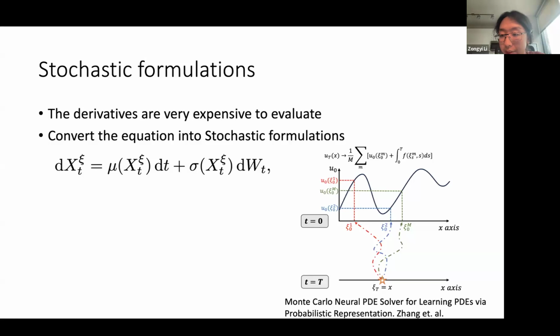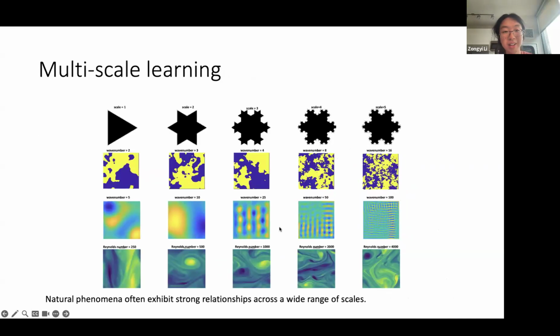So a recent new direction is to use the stochastic formulations. Given Poisson equations, you can write out the corresponding stochastic form. It's kind of like using particle-based solvers versus Eulerian grid solvers. So in this sense, we don't need to compute the derivatives, we just evaluate the sum. Then there's a solver based on Monte Carlo methods or Kac-Feynman. But I'm going to skip it now.